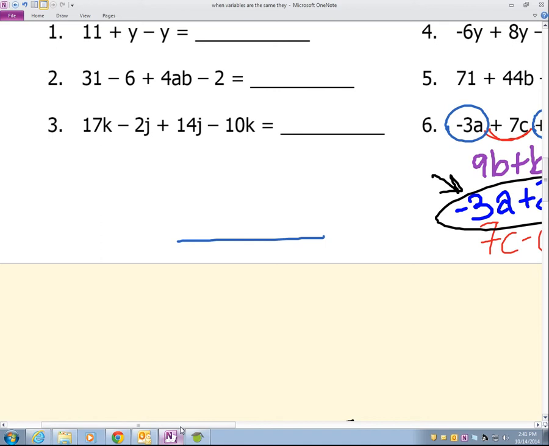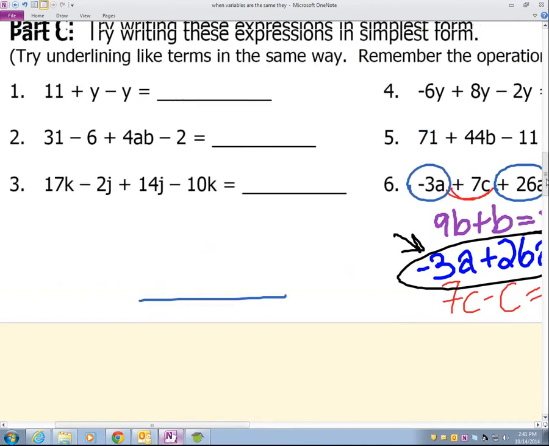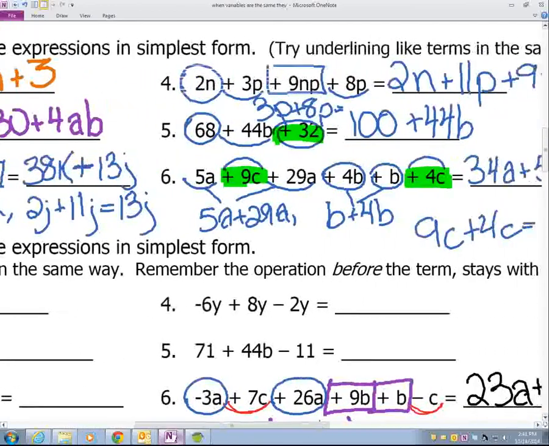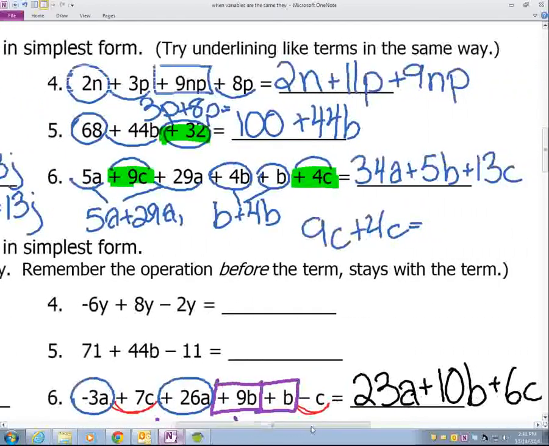Okay, I just had a question from a student asking me whether they know whether to add or subtract. And it's because she hasn't been having the sign included like I do here when I highlighted green. You got to bring the sign with it. That tells you what you're going to do. I knew that this was going to be plus 4c here because I have a plus right here. So that means